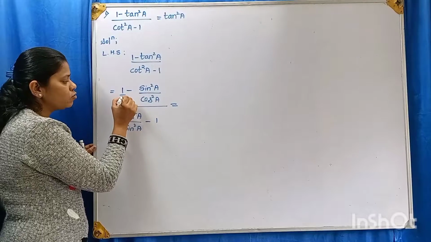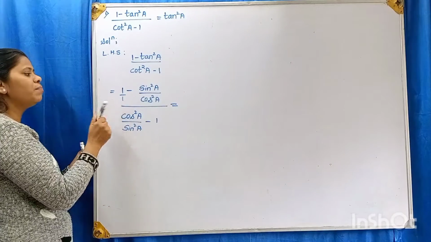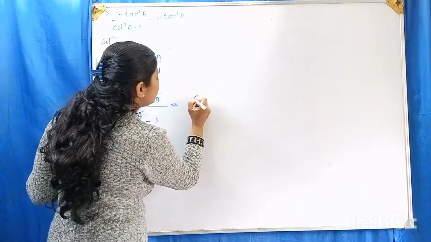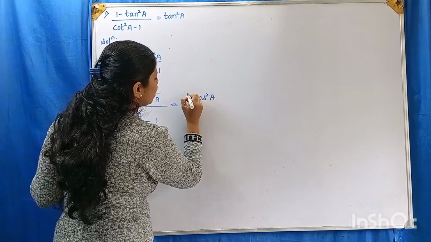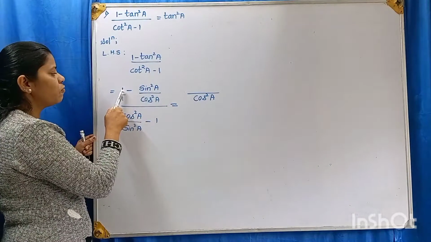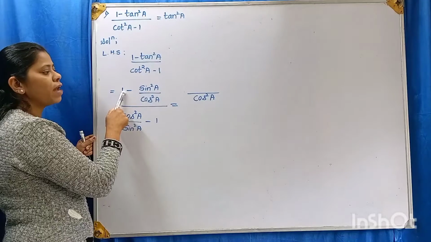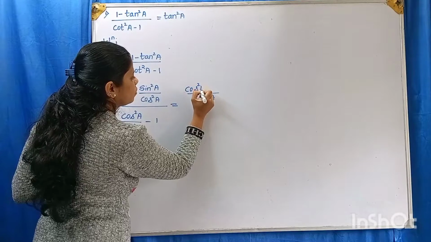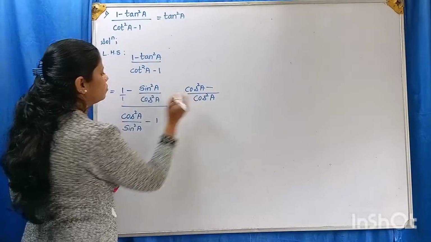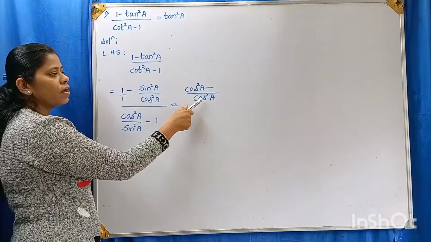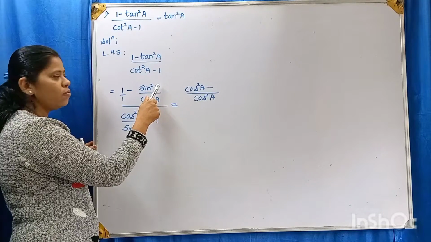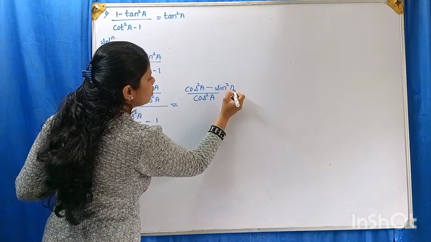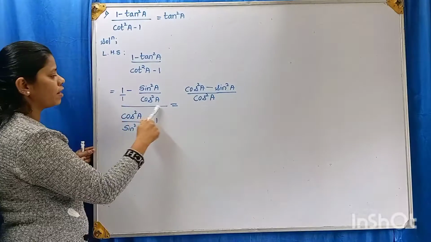Nothing is in the denominator, so I will consider it as 1. Okay. 1 and cos²A. What is the LCM? Cos²A is the LCM. Therefore, this numerator, we will multiply it by cos²A, cos²A, minus. Here, cos²A is the LCM, so we will multiply it by 1. Sin²A into 1 is sin²A. Sin²A whole divided by